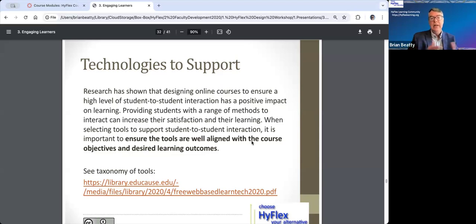This list here has been updated more than at least once. 2020, I think, is the last update. But these are tools that you can use for interaction. You could use them for interaction, but you could also use them for developing content or sharing content or creating content through students interacting. Remember, that could be a source of content. You could use them for formative